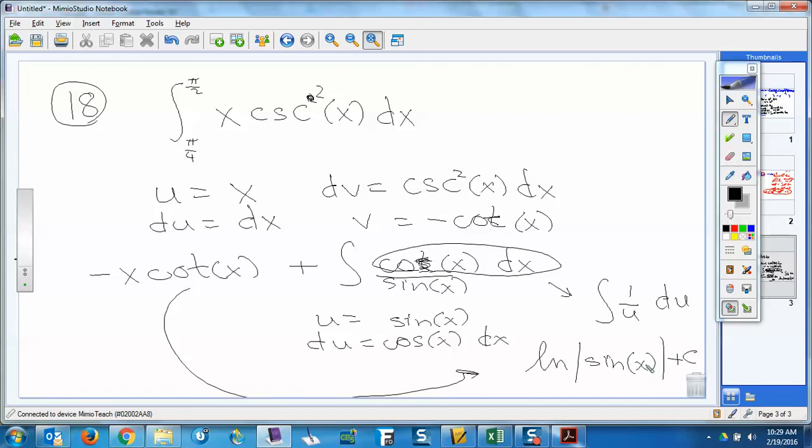Oh, wait, I shouldn't have put the plus c on there, right? I should have then done what? Right bracket and put in my pi halves and my pi fourths. So I'd have had negative x cotangent x plus ln sine x, and then right bracket pi fourths, pi halves. Now, to do that, think of cotangent as cosine over sine, so cosine of pi halves is 0, sine of pi halves is 1, so that would be 0, so that would make that whole thing be 0, plus sine of pi halves is 1. What's ln of 1? ln of 1 is 0, so when I plug pi halves in, I just get that, and then minus,